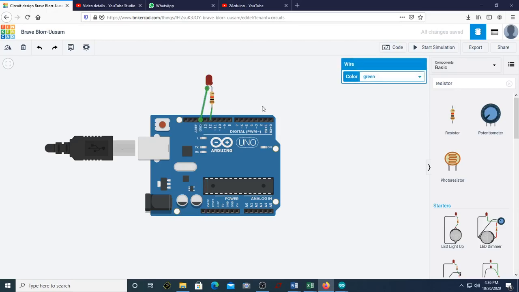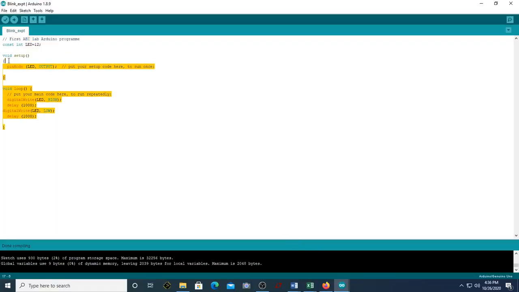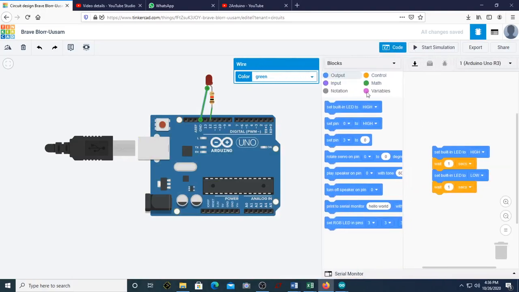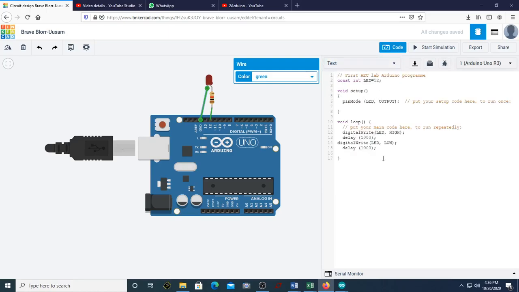This is done. Now we have already written a program in Arduino script, so let us see how it works. If you can see this program, it is a very simple program where you're defining pin number 12 for the LED, defined as output, and it is on for 1 second and off for another 1 second, so it is continuously happening. That can be written over here. You can just take it as text. This is the default block. Replace that with your code. So this is done. Now you can start running.